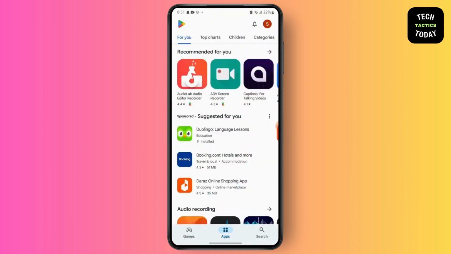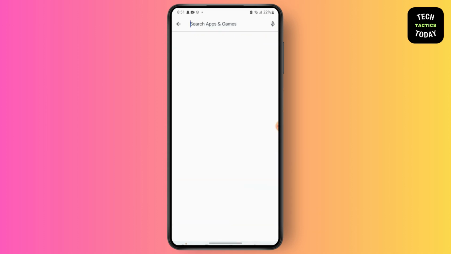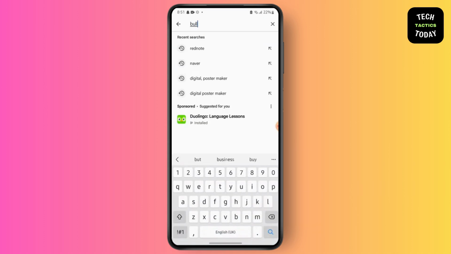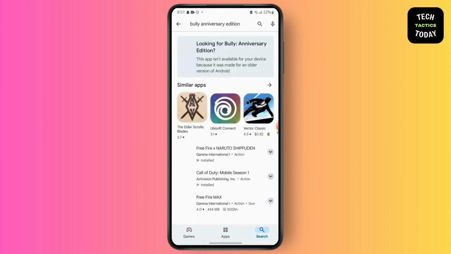So first, since this is an Android, go to your Play Store. If you are using iPhone, go to your App Store and then simply search for Bully Anniversary. And then since here you can see this app is not available for your device because it was made for